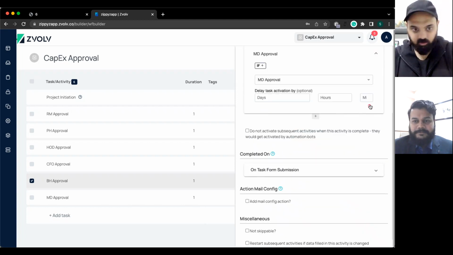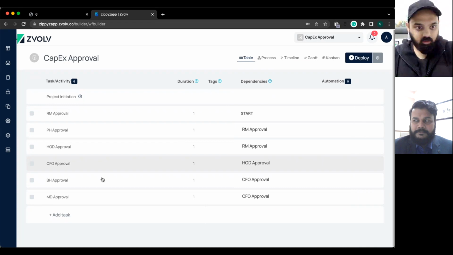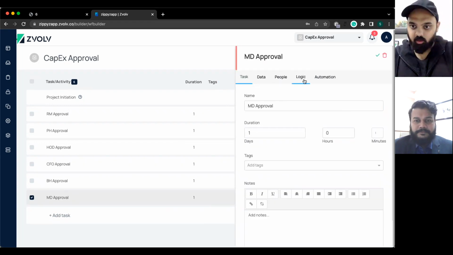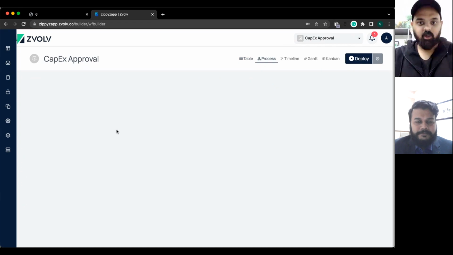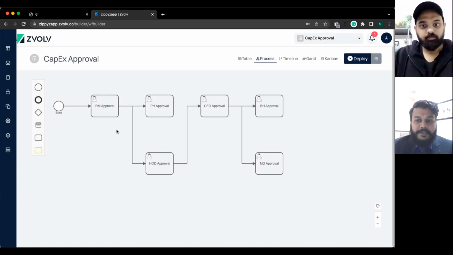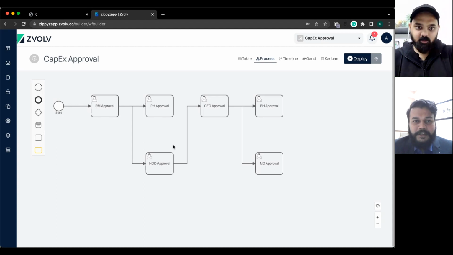Remove this. Okay, I'm just making sure. Yeah. All right. Now this is how your process flow will look like, Shivam. Yeah, that's how this is being done currently. Yes. I do have one question though. For the procurement head and HOD approval, both of these approvals are mandatory for the request to proceed to CFO level. So is that the case over here as well? Oh, that's not. Either one will trigger the CFO. Let me just quickly configure that.